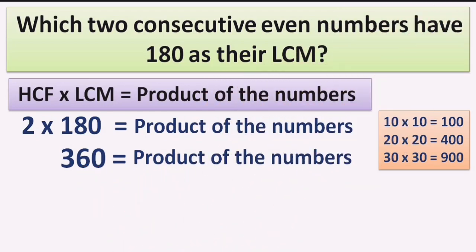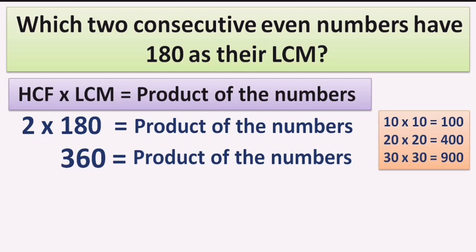I need to locate 360 among the squares, and if you observe the squares, we can see that 360 is present between 100 and 400, and that is why the expected numbers I need to find are located from 10 to 20. Okay, now once the location is fixed, the numbers are fixed, then I need to write the expected even numbers